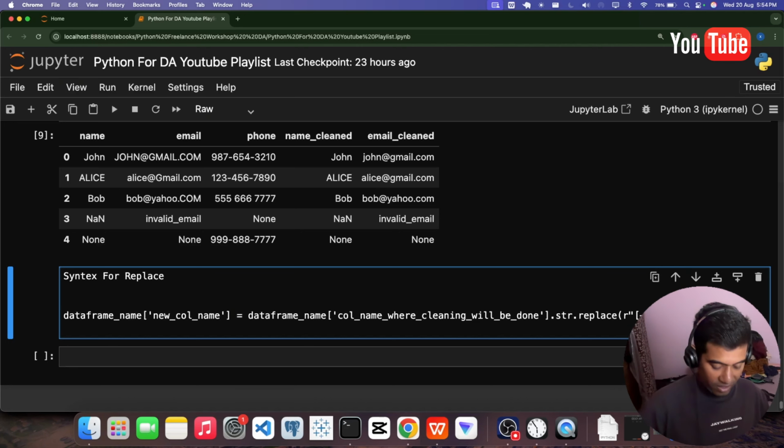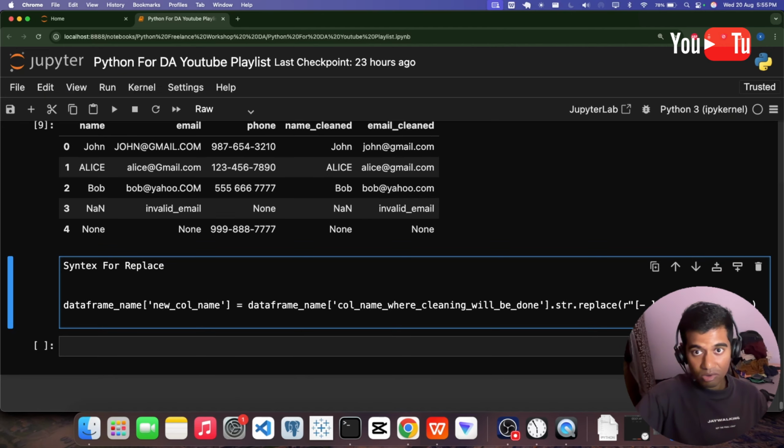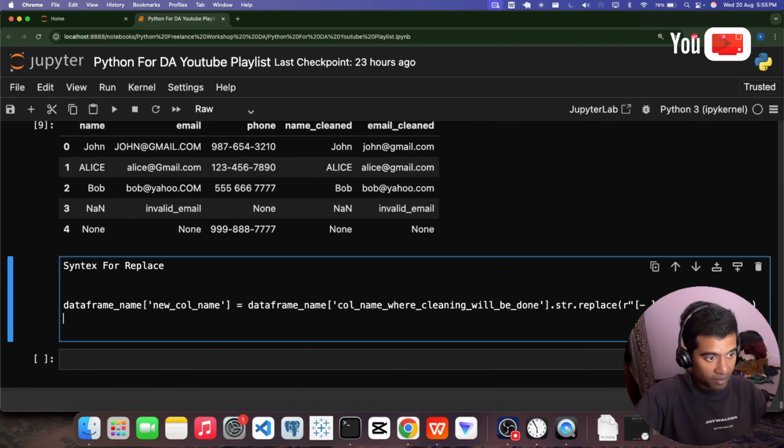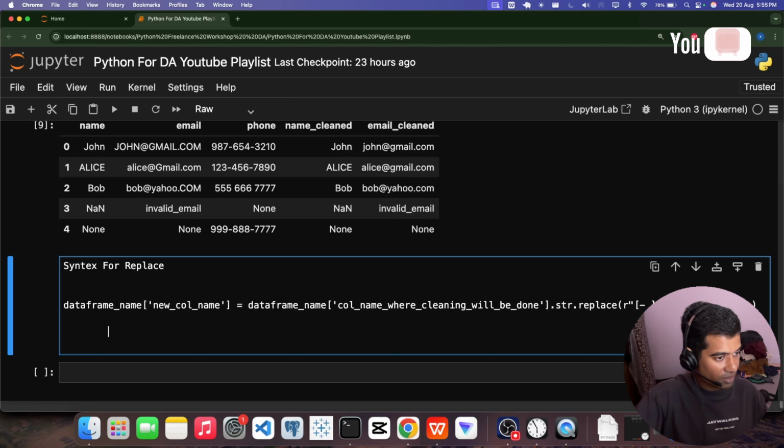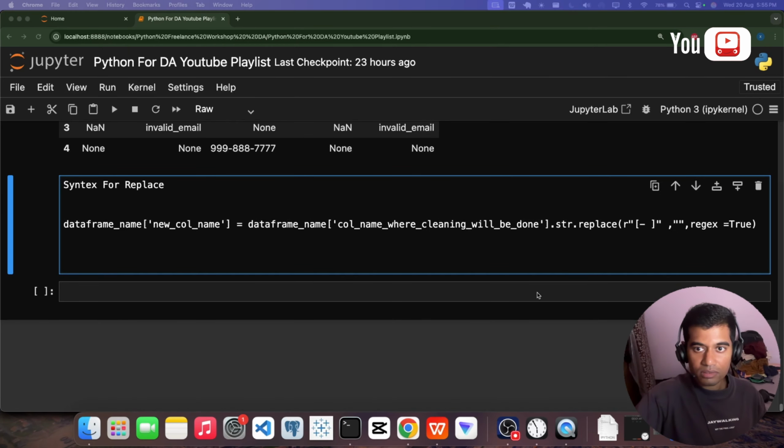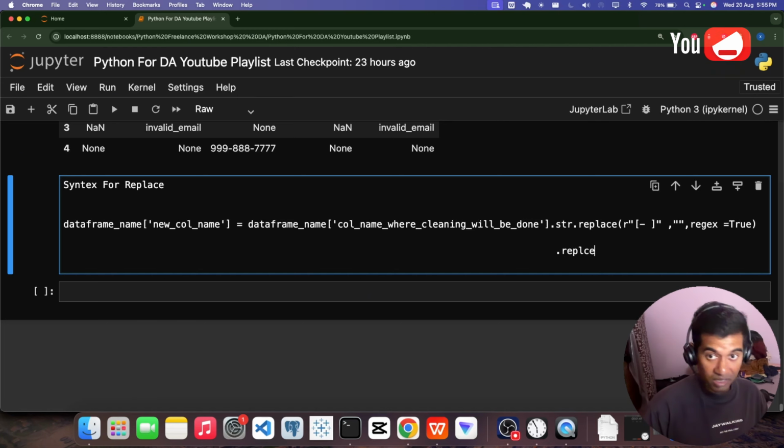And after that you have to write regex equal to true. That's it. So what is it all about? If I say again, for that replace, let me write it here so that you can understand well. Let me keep this simple. It will be dot replace, and after replace, here we have to write